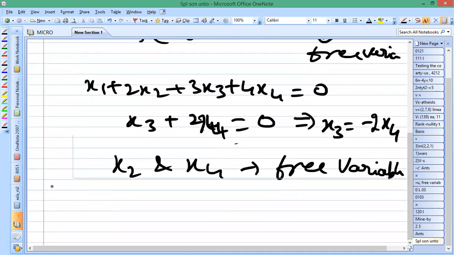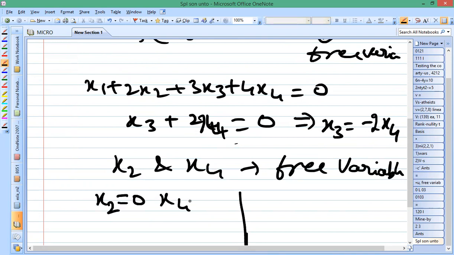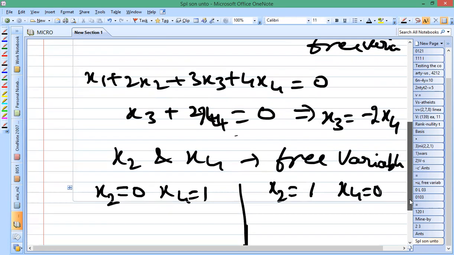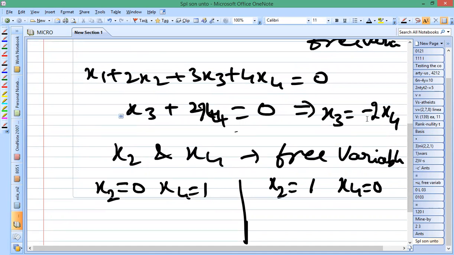Now I'll make two columns for writing the solution. Once I'll put x2 is equal to 0 and x4 is equal to 1 in the equations, and the second time, I'll put x2 is equal to 1 and x4 is equal to 0. So when x2 is equal to 0 and x4 is equal to 1, equation 1, x1 plus 2x2 plus 3x3 plus 4x4 is equal to 0, will be reduced to x1 plus 2x2, so 2 into 0 is 0, plus 3